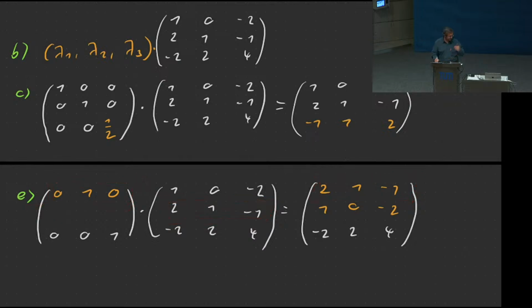And of course, to get the first row of my A matrix as the second row of my result, I just have to put this vector here. Again, this selects the first row, and it's in the second row of my left matrix, so it will produce the second row of the outcome. So that's how I swap rows. And again, you'll figure out how to do the same thing for columns. Hint, just exchange the order.